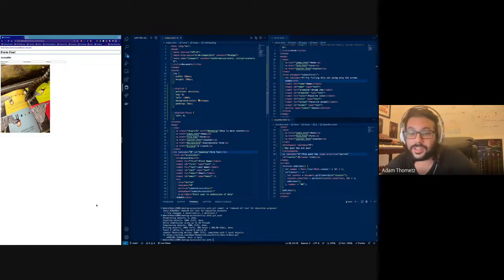Honestly, I think tab index is one of the more useful things that you can learn to up your accessibility skills. Just tab index everything, you know. But yeah,